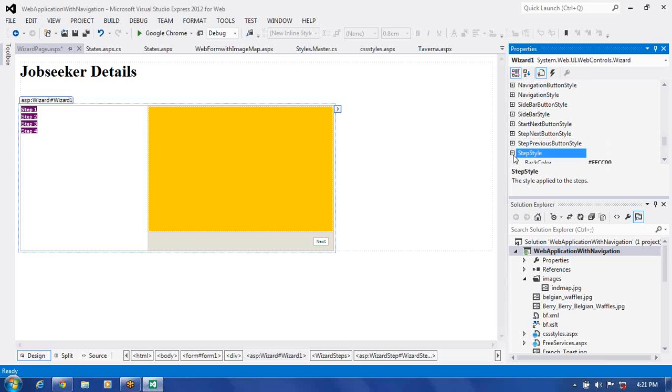So step style also we take here, back color we are taking border color, but we require in this, sidebar style only we take here. CSS class let us try to put here. Let us take CSS class. By clicking on the CSS class here, it should show for us